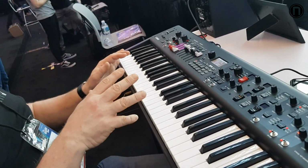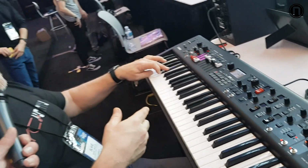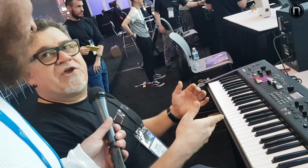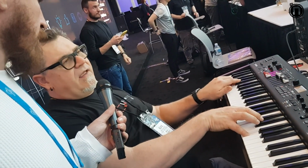The difference between the FM model and the tone wheel model is the FM model doesn't have any foldback, so the low end on here is huge. Gospel players really like this sound because of the